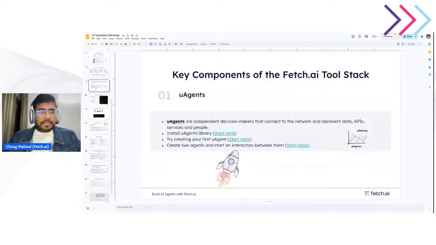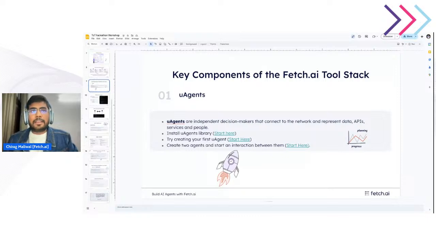In this session we create a couple of agents using the Fetch agent technologies, and we will go a little deeper on that side. As I mentioned, uAgent is a very lightweight framework for creating an AI agent, developed by Fetch.ai. Right now we have a Python package for this library. There is a basic system requirement to use this library.